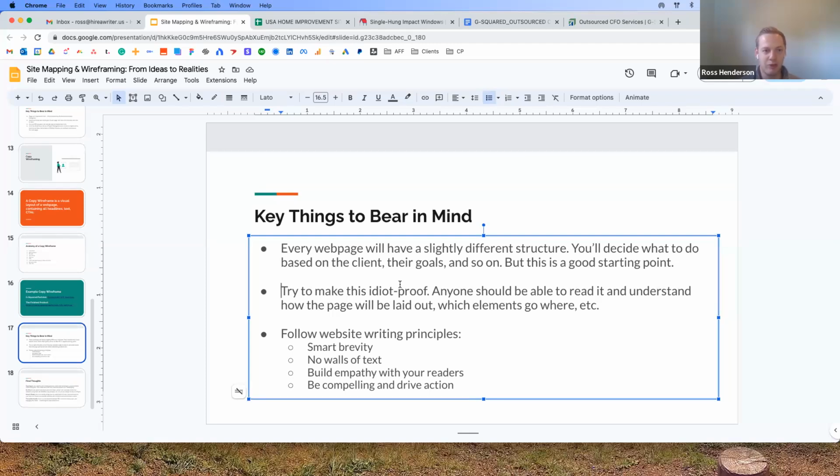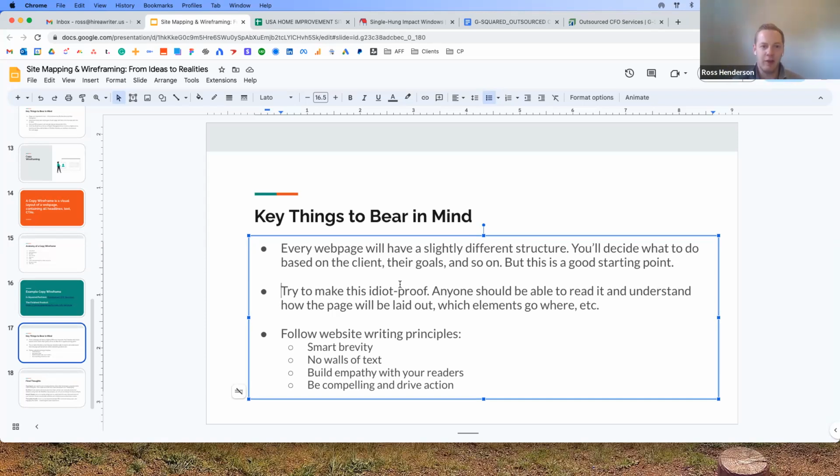So, smart brevity. There's actually a book on this by the founders of Axios. It's a really interesting book. They talk about how you can communicate complicated ideas in very brief ways. When you write web copy, you want to bring smart brevity to that process. You want to communicate your point eloquently and thoughtfully, but without writing a whole essay or a whole blog article about it. You want to distill these complicated ideas down into 2 or 3 sentences,